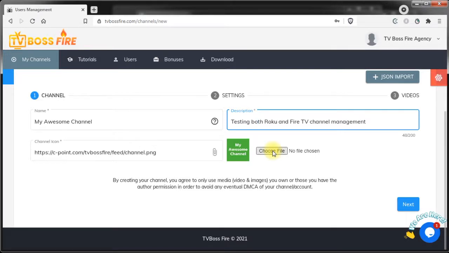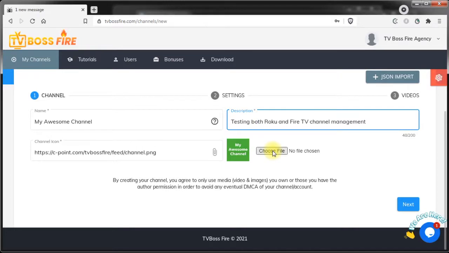It's recommended to use the same channel title and description across platforms, so what you use here you should be using when you set up your accounts inside your Roku or Amazon accounts. Also keep in mind some of the networks like Amazon mostly will use the channel title and description in search queries, so you want to optimize them for your search. Place some keywords into your title or description and so on.